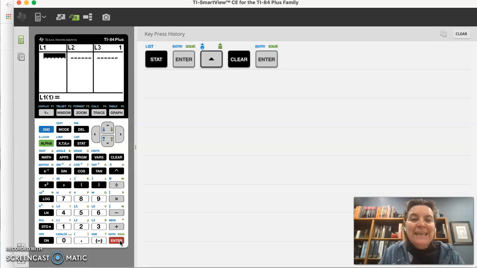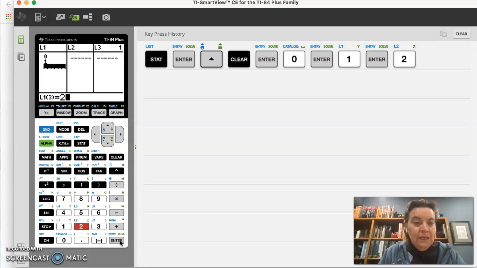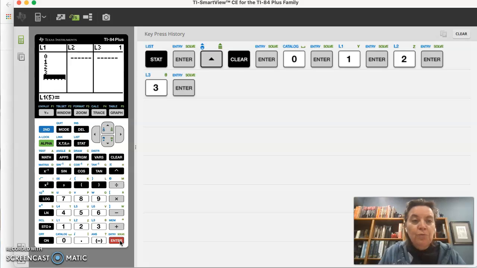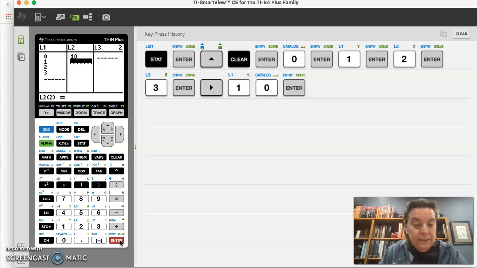Then I'm going to enter the data into our columns, and what we have is 0, 1, 2, and 3 as our data values for the number of movies, and then the frequency list is 10.